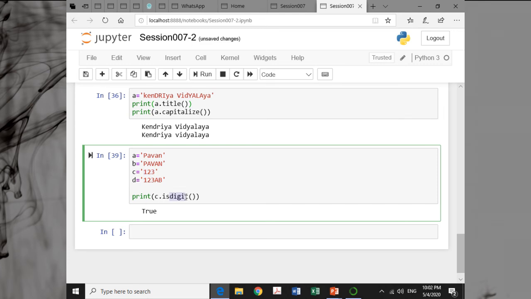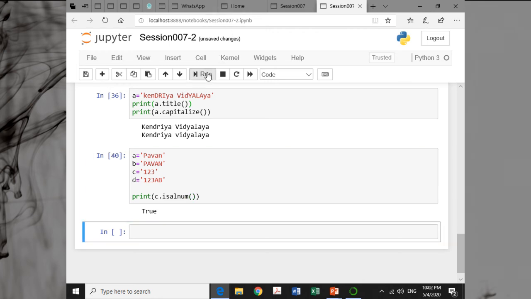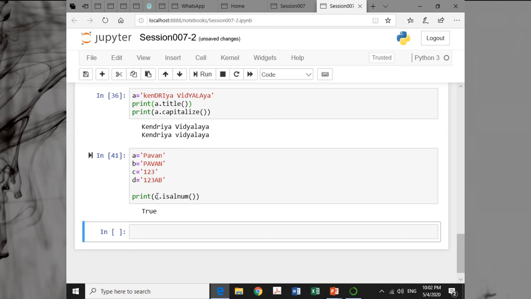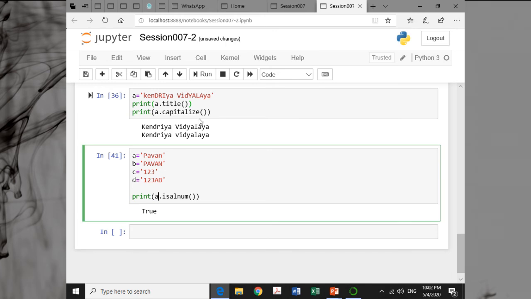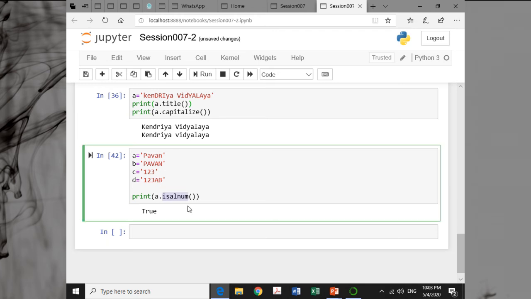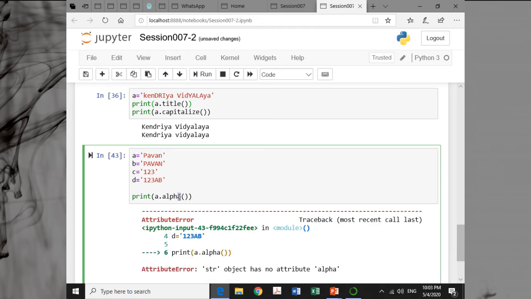Similarly, if we say c dot is alnum, the answer will be true. In c, we are having alphabets and digits. If we say d dot is alnum, the answer will be still true. If we say a dot is alnum, the answer is still true, either alphabets or digits or numbers. Okay, but if we say is alpha,